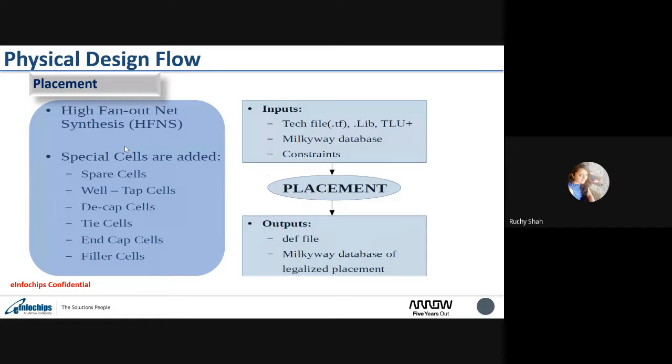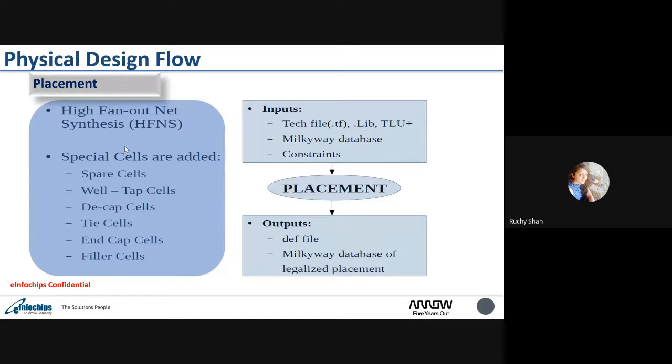The other thing that we can do in the placement stage is high fan out net synthesis. As you know, clock, reset and such signals have many loads connected to them, right? So these nets are said to have high fan outs.